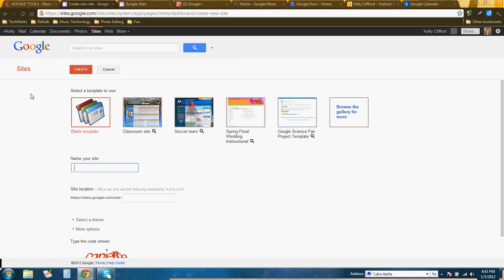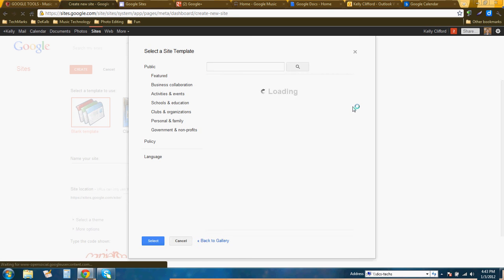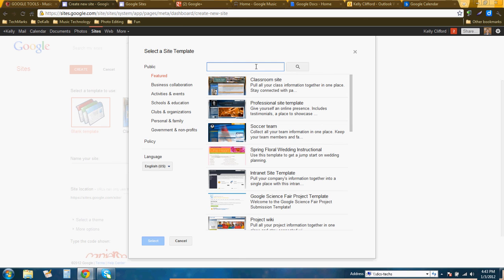Once you click on Create, a lot of people use just a generic classroom website. Feel free to use that classroom website template. I have also created you a music teacher template just to get you started if you wanted to use my template. To use my template, instead of clicking on Classroom Site, you would go over here to Browse the Gallery for More, because we have to find mine. So in the search bar, I am a teacher at DeKalb, so I would type in DeKalb,